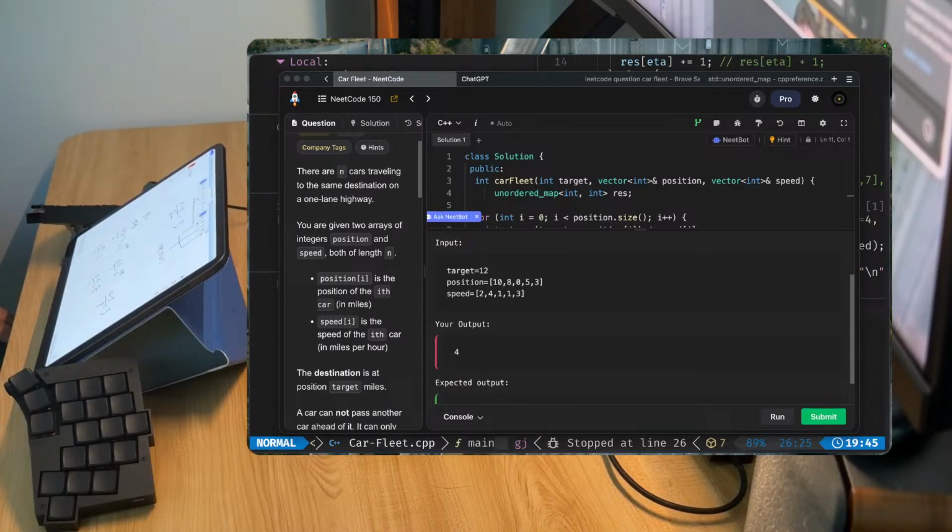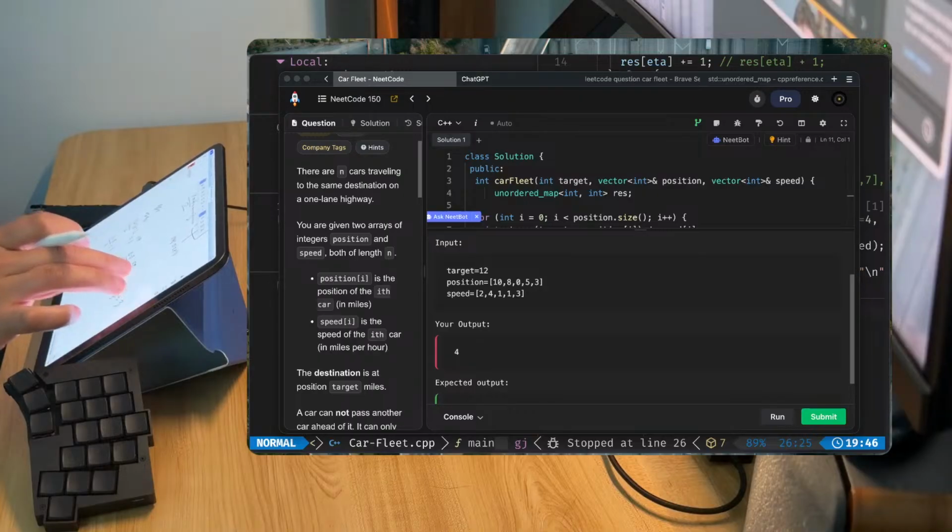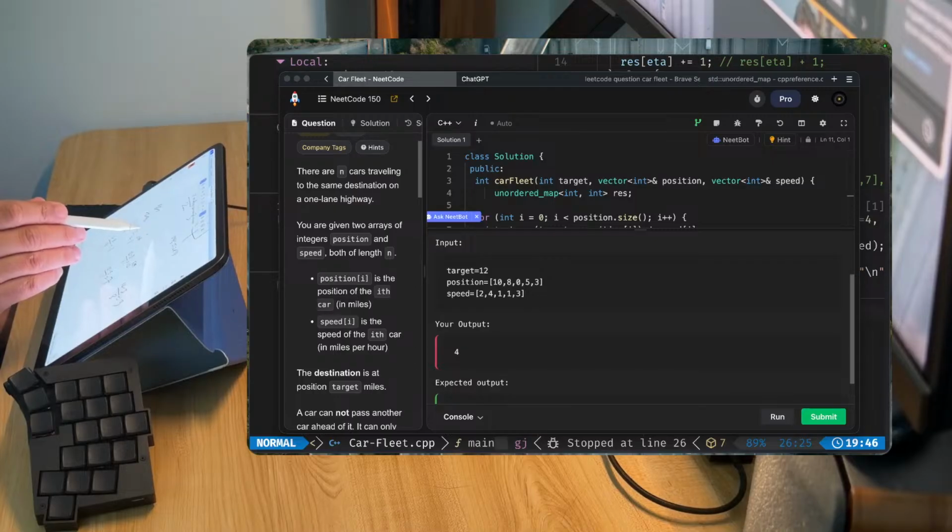Okay, so their estimated time of arrival can be less than some other cars in the fleet, but because they can't pass each other, they become part of a different fleet. So for the first car can reach it